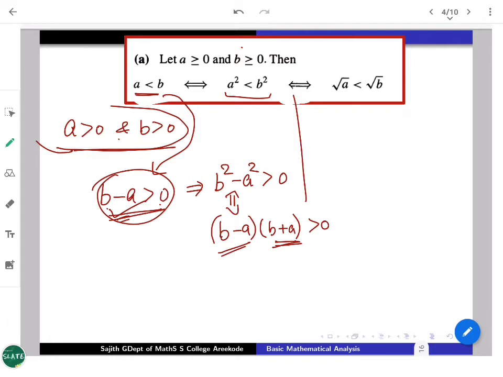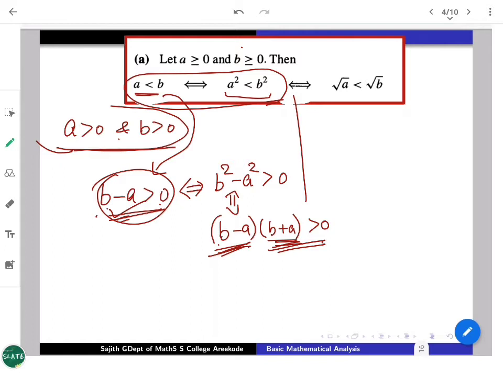What about the converse? The converse is also true. A and B are strictly positive real numbers, so A plus B is positive. Once you write down that this product is positive and this factor is positive, then this must be positive, which says that the left side will also hold. So ideally, this part is clear. A less than B is equivalent with A square less than B square. With A equals 0, one can compare also. We can give the proof also.